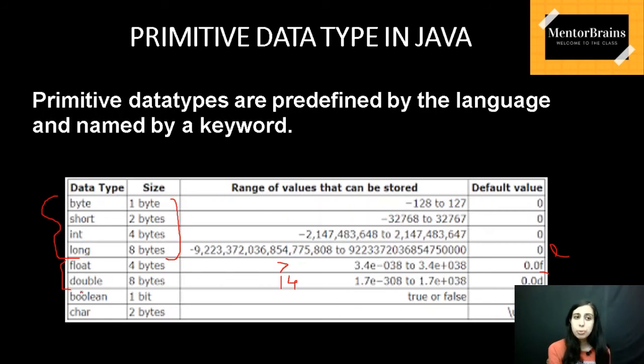Now coming on to Boolean, you know Boolean is used to store just two values, true or false, right? And the default value for Boolean is false. That is something to be remembered because it's asked many a times. And it has a size of 1 bit. Okay, just see the difference that these are in bytes, this is in bit. And you already know that 1 byte is equal to 8 bits.